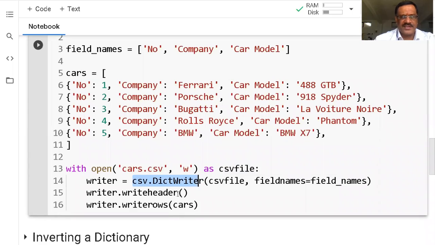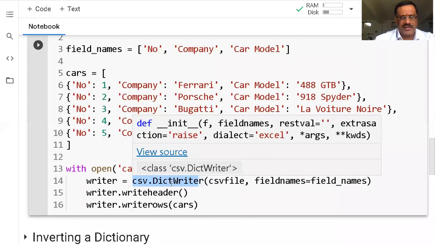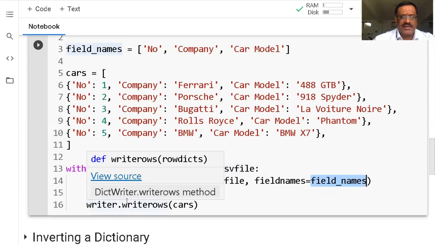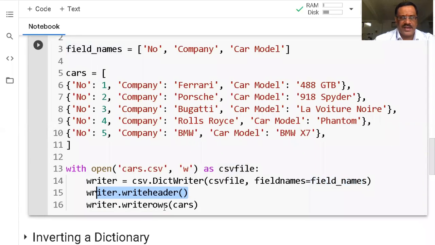csv.DictWriter. This is the method available in the CSV module. The name of the file is the CSV file. Field names are there in the list. It will create the field names and write the header first, then it will write all the rows one by one. So when I run this, a new file called cars.csv is created, and all these data are recorded in that